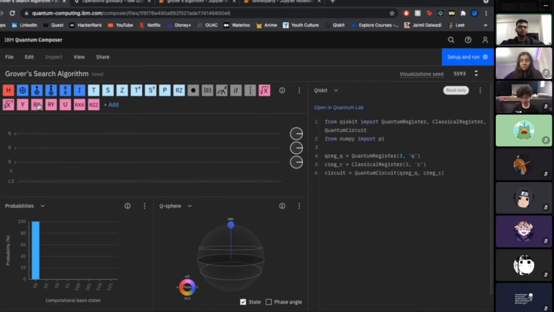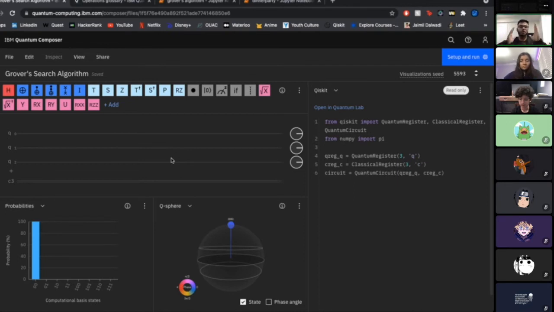These blocks, most of them are actually called gates, and how quantum computing works is it's very math heavy. So you have these things called matrices, and when you apply these gates to those matrices, the matrices change, and they show different values in the most basic sense.